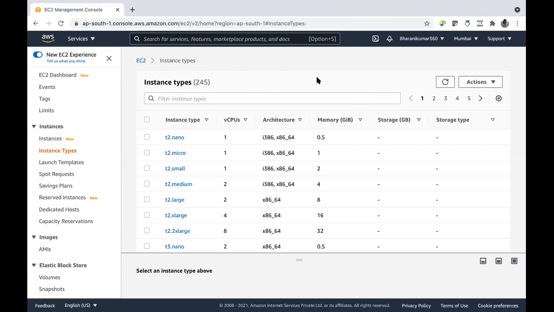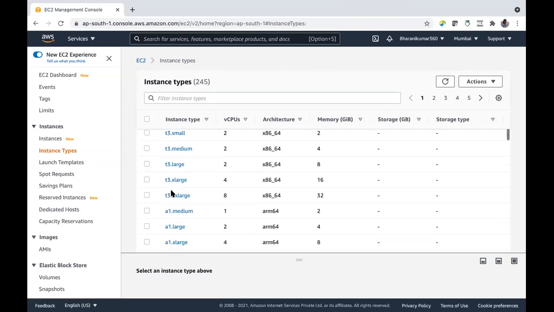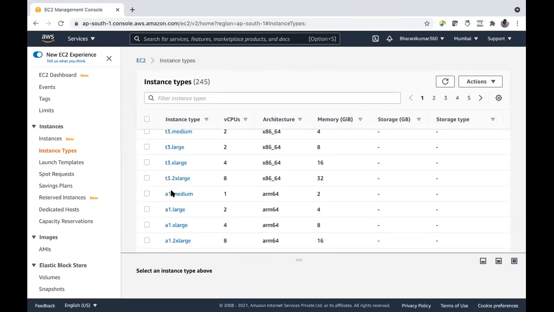Based on your application and its requirements, these instance types are available. General purpose doesn't mean a low configuration computer. We also have high performance and good computers in the general purpose family, but what they provide is a balance of memory, processing power, storage and network.